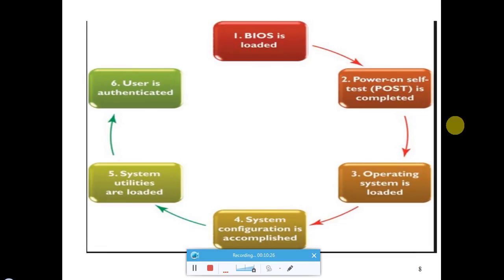It is very easy, we know that the operating system is an interaction between the hardware and the user. The user is sitting in front of the computer system. So what we need to make sure is that the hardware is working properly, that is the input and output system, and after that only the operating system is going to get loaded. And once the operating system is loaded, our other utilities like application programs and other things are going to get loaded. So this is the basic concept behind this slide.